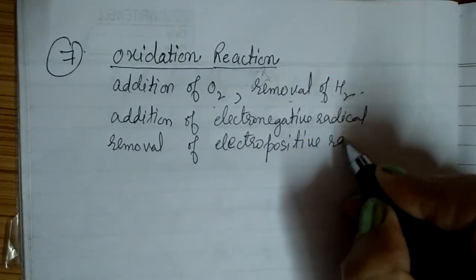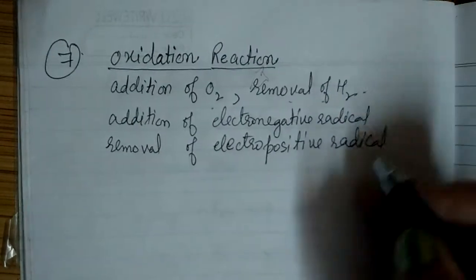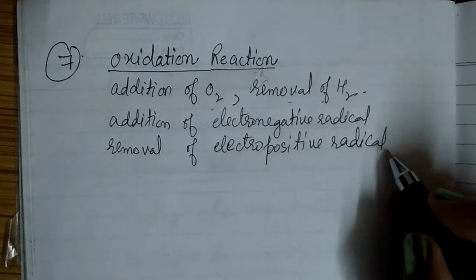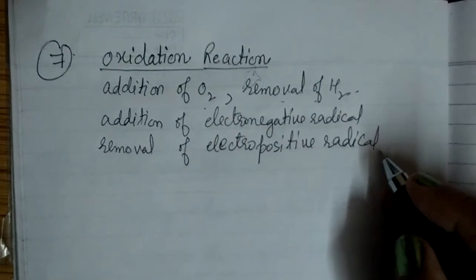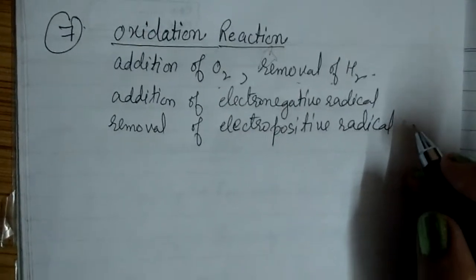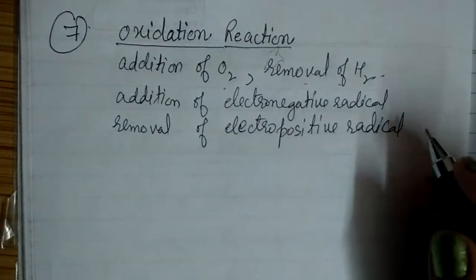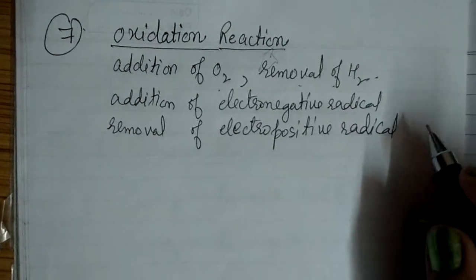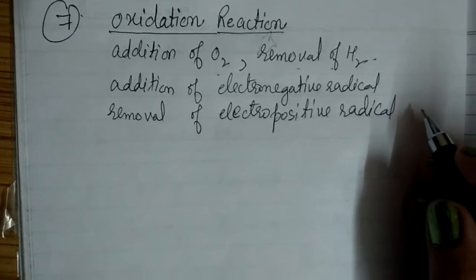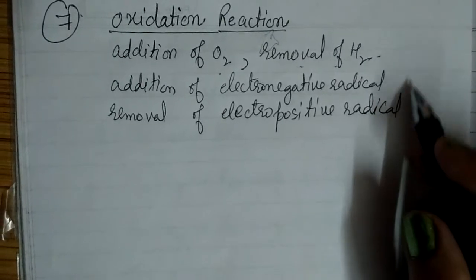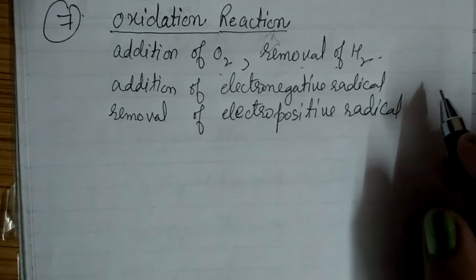Now what are these electropositive radicals? For example Na positive, K positive, Mg2 positive, Ca2 positive. Such types of radicals are called electropositive radicals. And if in the reaction such radicals are being removed, again we say that this type of reaction is an oxidation reaction. So I'll provide you some examples regarding all this, so as to have a clear concept about